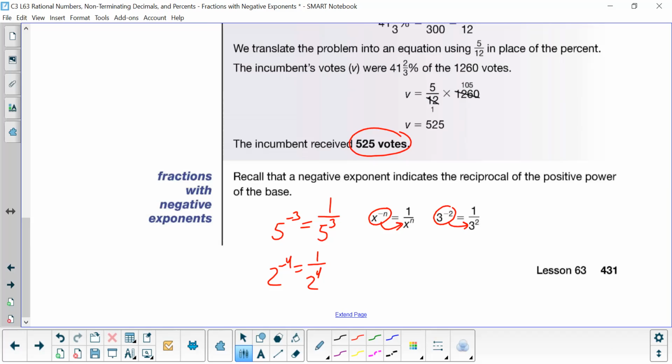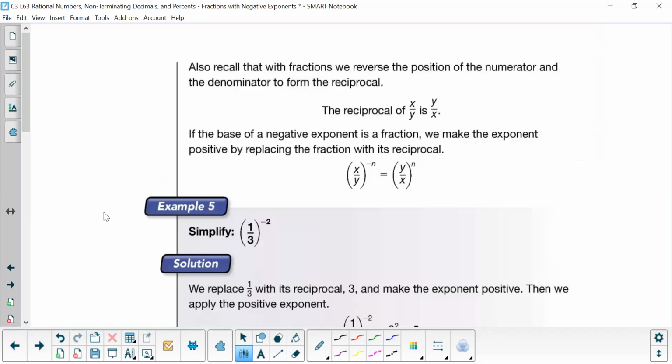I actually want to simplify this by squaring 3. So 1 over 3 squared is 1 over 9. So my final answer there would be 1/9. Okay, and then you would simplify the 5 to the negative 3, or 5 to the third, and 2 to the fourth as well. If I have a fraction,